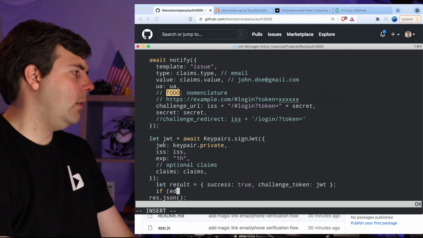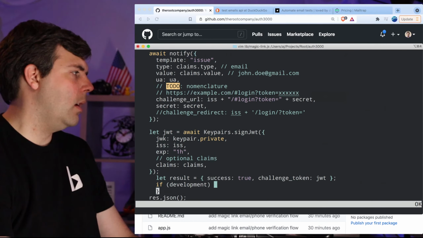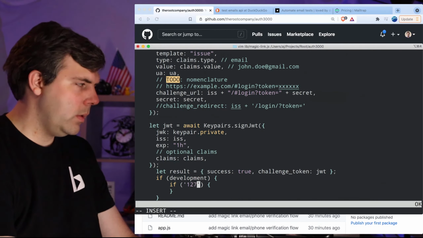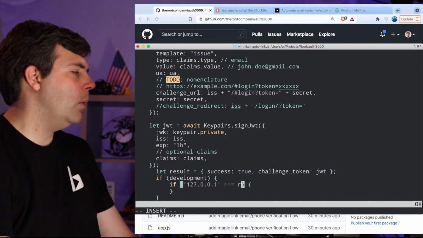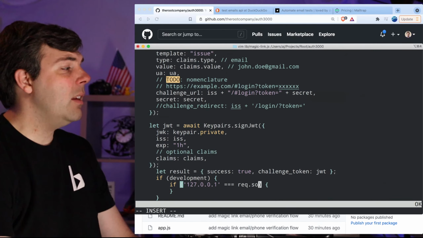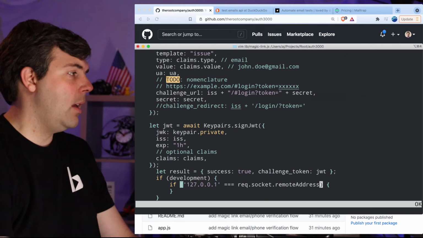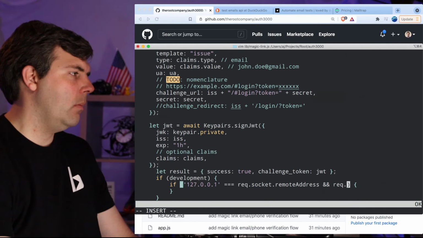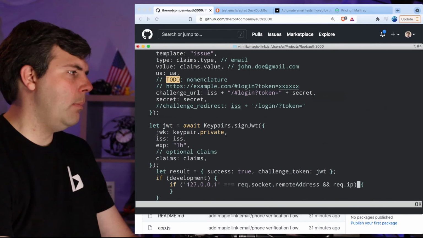And if development, and if 127.0.0.1 is equal to req.socket.remoteAddress, and